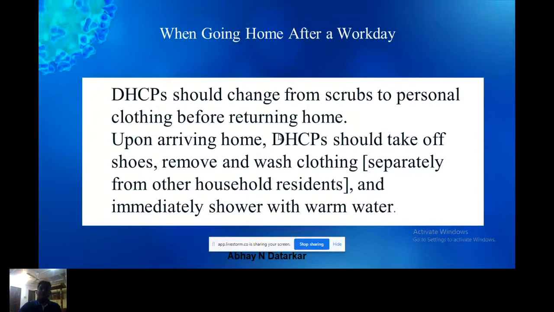And when you come back again, you change those scrubs, keep those scrubs in the clinic, and then change into your routine clothes and come home. Upon arrival, the DCPH should take off the shoes, remove and wash the clothing. Okay, go directly